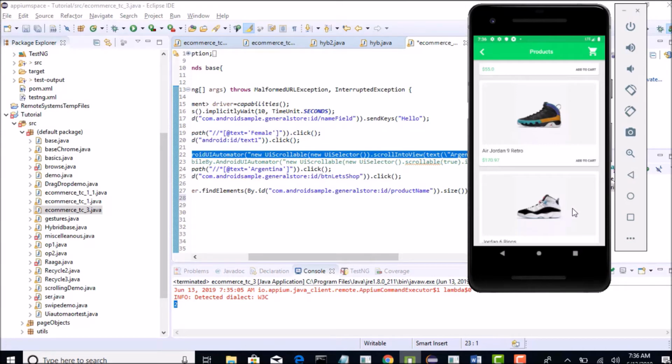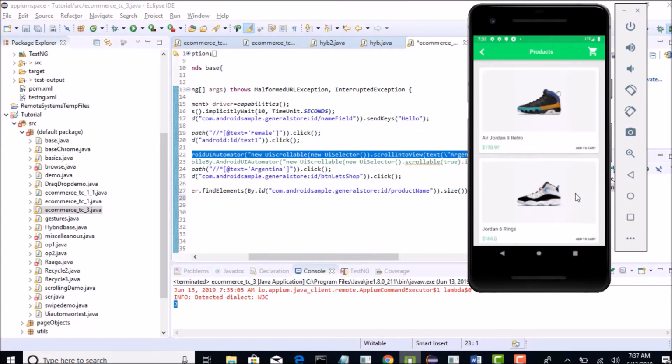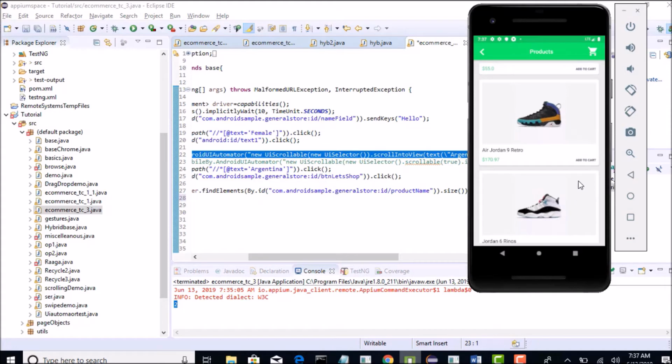Now if you want to click the add to cart button, it's still at the bottom, which your Appium cannot see. Technically you are telling Appium to scroll only up to the text visible part, but for me that's not enough, because the add to cart button is not present. The test case is to find the desired product and then click on add to cart.